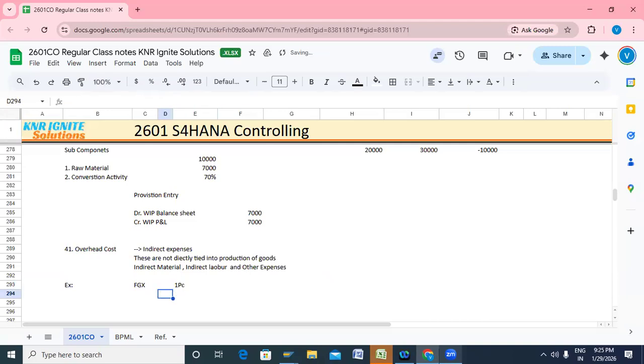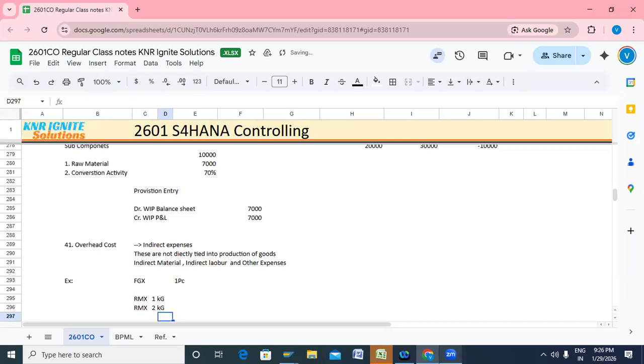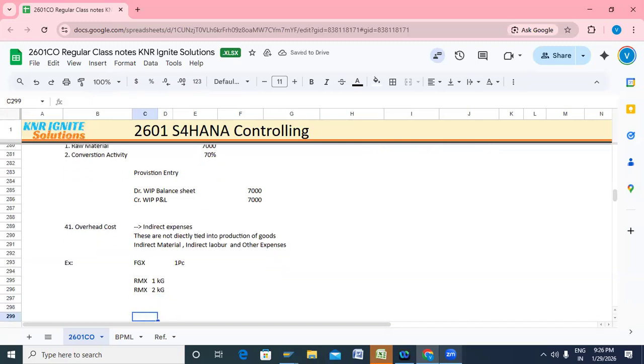Definitely, to create a product, we need RMX 1 kg, raw material 1 kg, and RMX 2 kg. And we need a conversion cost, or conversion expenses. So conversion is labor activity,